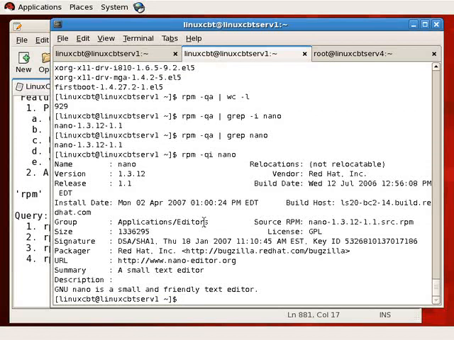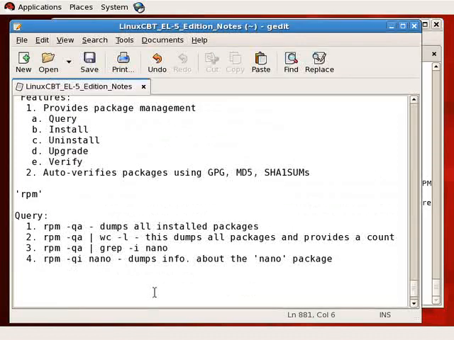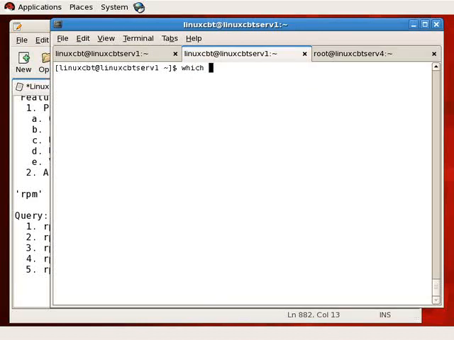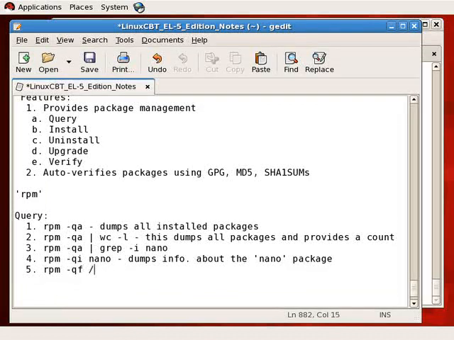Now, how about querying files on the system? We've been working with Nano. How about querying to determine a file's package membership? So the fifth step, RPM query file, and we need to determine where Nano is located, which is why we'll use one of those trusty commands we studied, the which command, to determine where Nano is available, and it's in /usr/bin. So an RPM query file /usr/bin/nano dumps package membership information